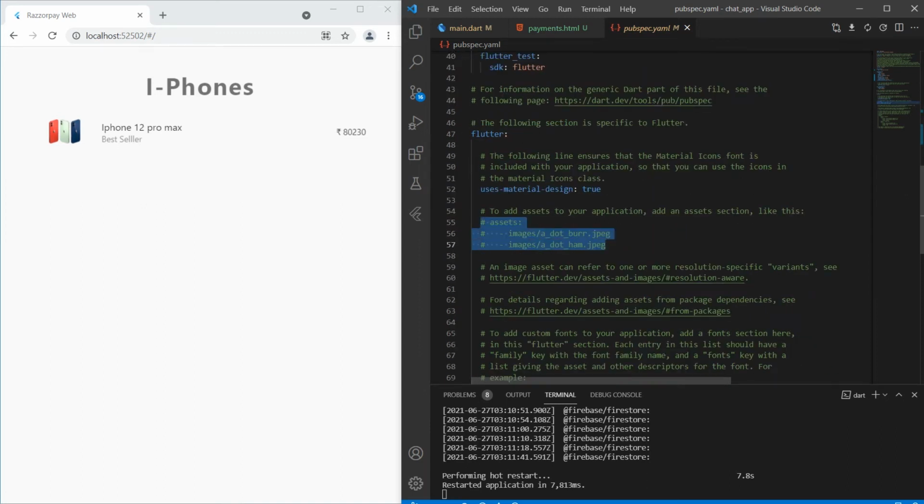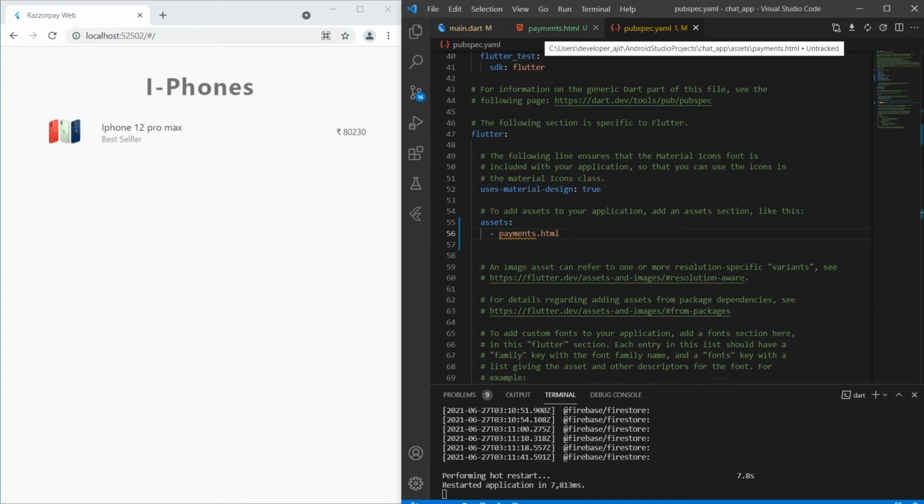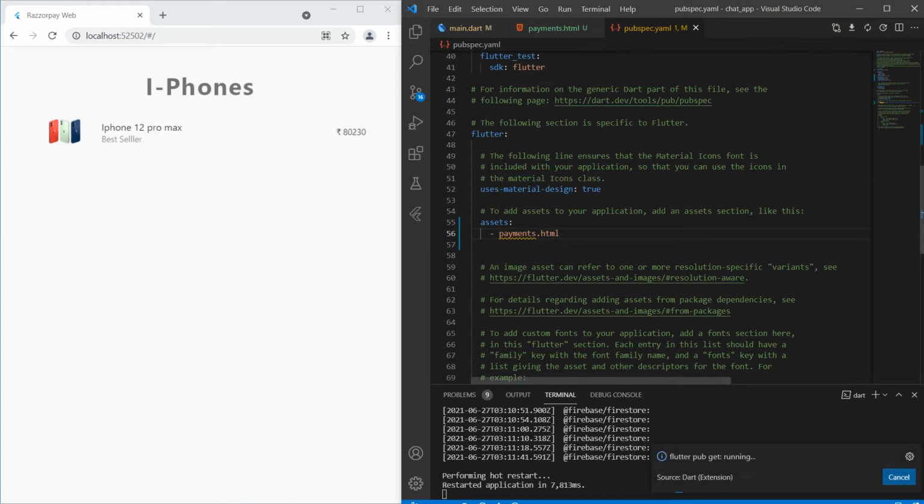Yeah, it's on the right. In assets there is payments.html, no? So we want to assign just payments.html. The asset payments does not exist. Payments.html, why does it not exist?